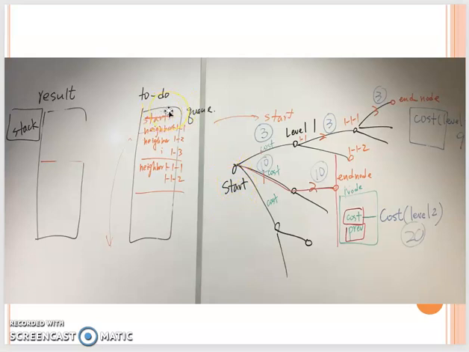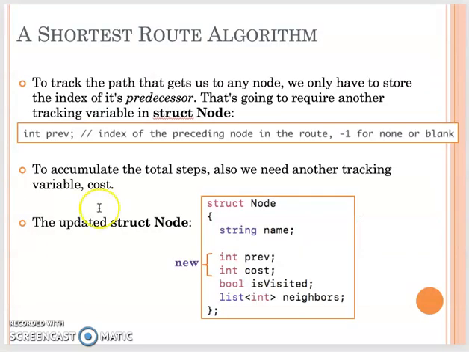As long as your to-do queue is not empty, we need to consider to do our recursion step. We will pop the node from the to-do queue. So then we will visit that popped out node, the neighbors, one by one. So then we will see if that neighbor is not visited, then we need to update some information. So that's why you will see here, we're still using the to-do container, actually is the queue. So that's why we can do our recursive step for that. So now you can see here,